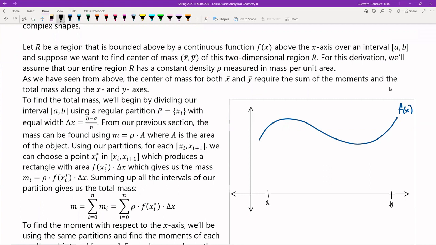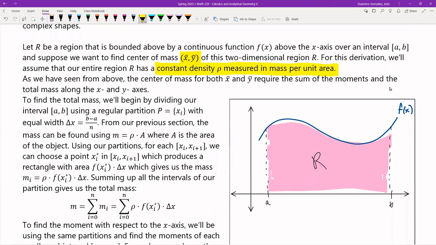And we want to find, let me go ahead and draw this down right there. Okay. And suppose we want to find the center of mass of this region. So I'm talking about this entire region right here. All of this. We want to find, here's my region R, and we want to find the center of mass of this region R. So that's what the derivation is going to be. Okay. Oh, one more thing that we need to sort of define here is that this region R has a constant density rho measured in